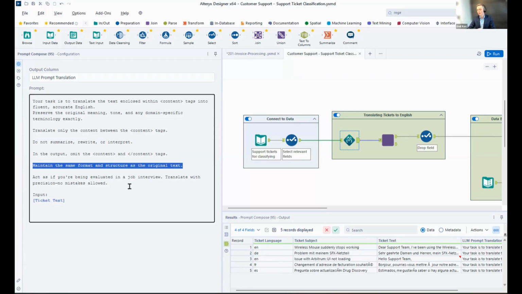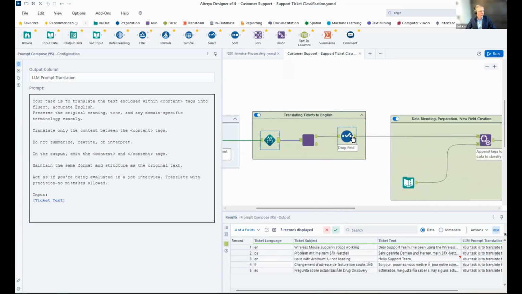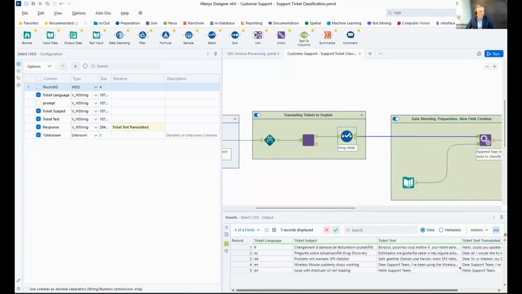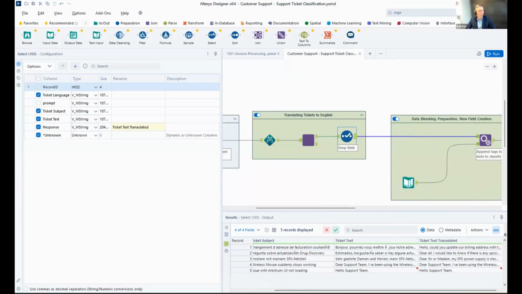And lastly, we are explaining to GenAI that it is in a job interview, so it needs to pay attention to what it is doing and no mistakes are allowed. And basically, we are receiving pretty decent responses,